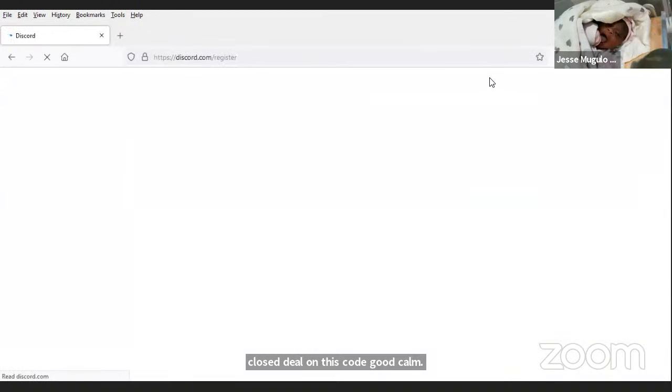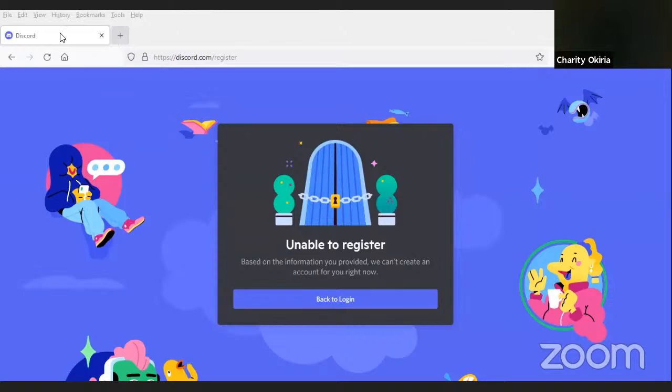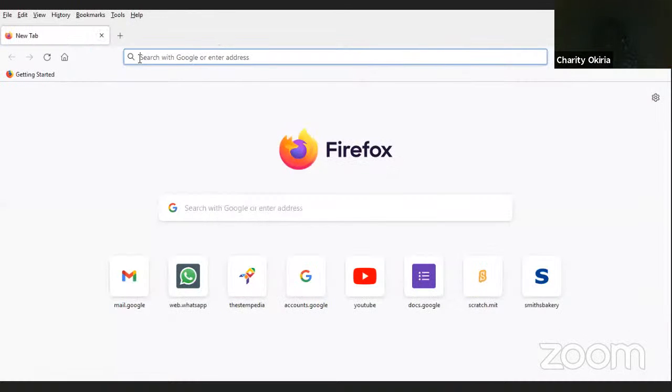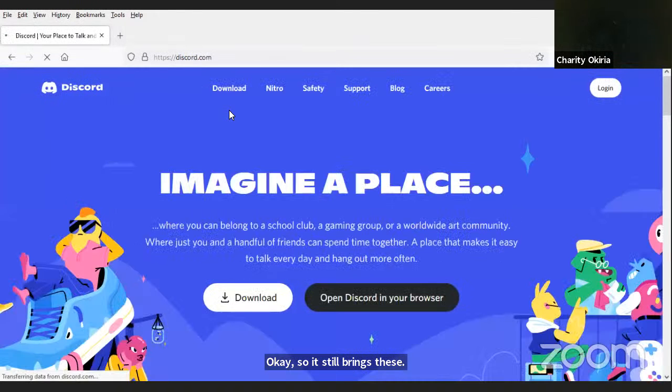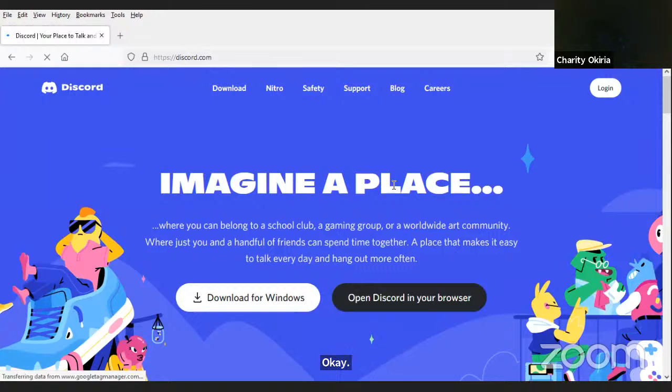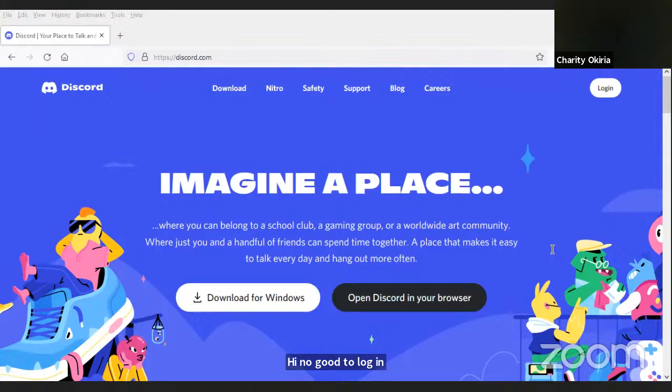Okay, so it still brings this back. Now go to login, up there. Fantasia, go up there to login and try the process again.